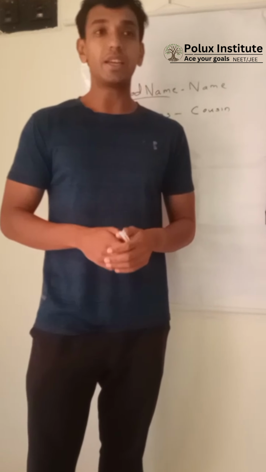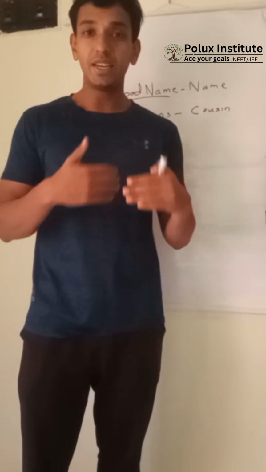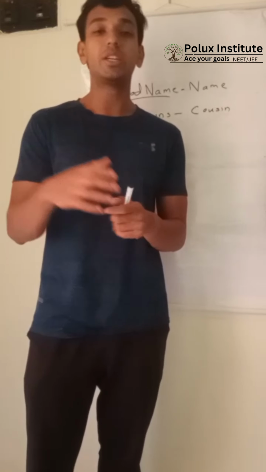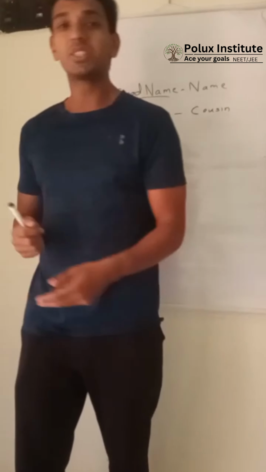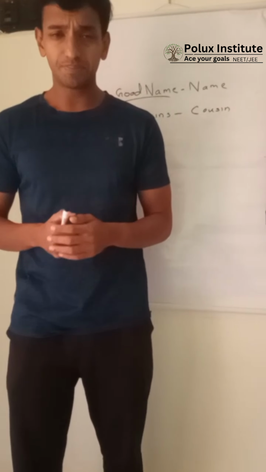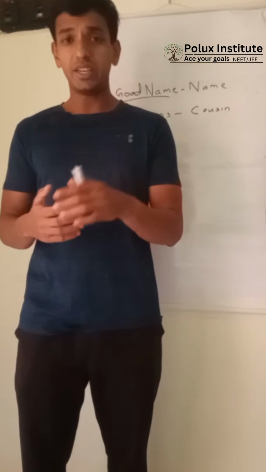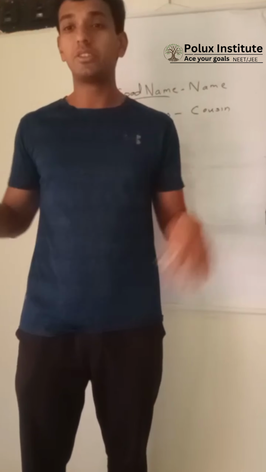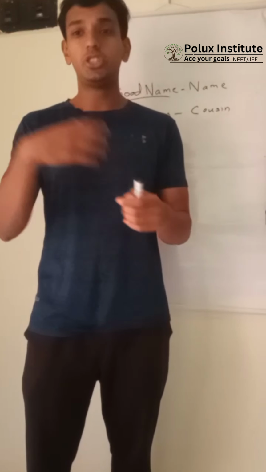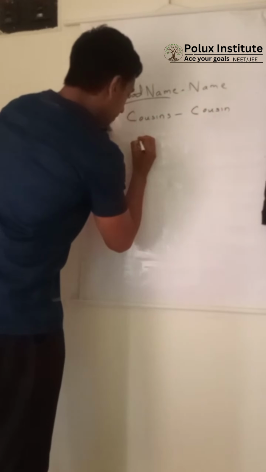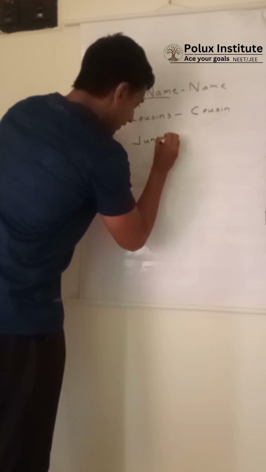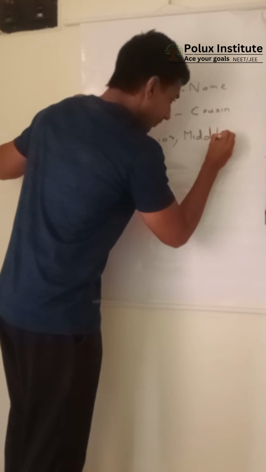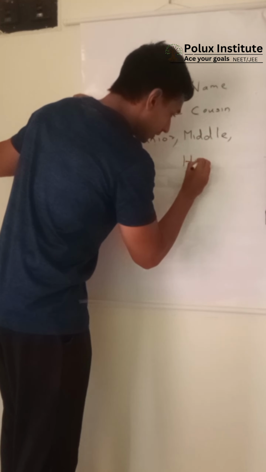Now, the third thing I would like to say is how we tell our classes. When we are in school, we mention it like first standard, second standard, third standard, all those things. But outside of India, especially in the UK and the US, they generally define these classes into three main categories: junior school, then middle school, and finally high school.